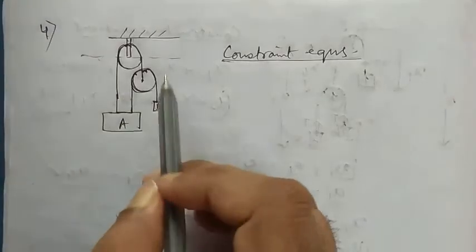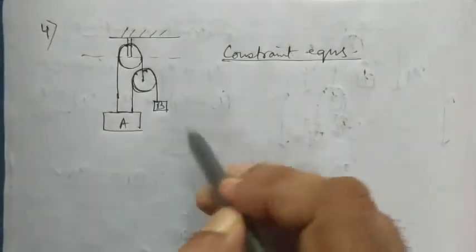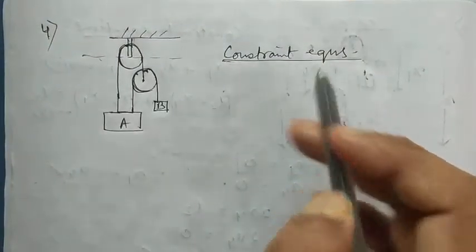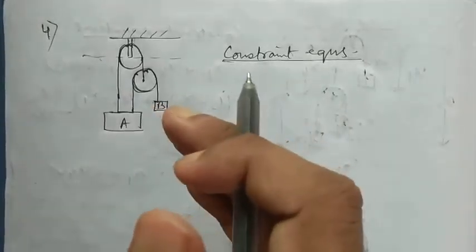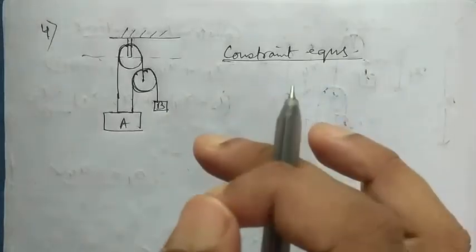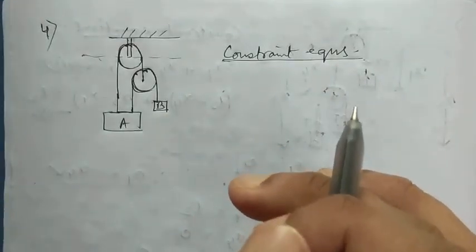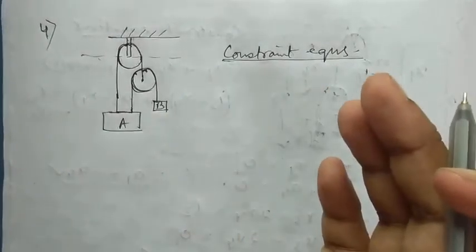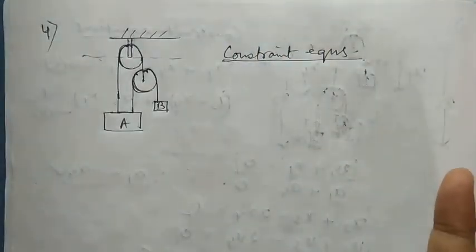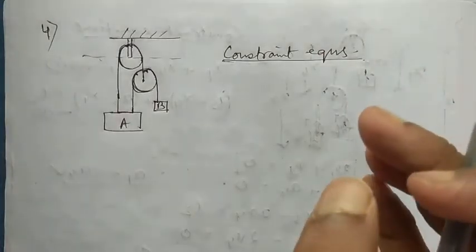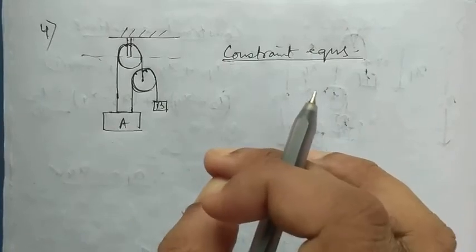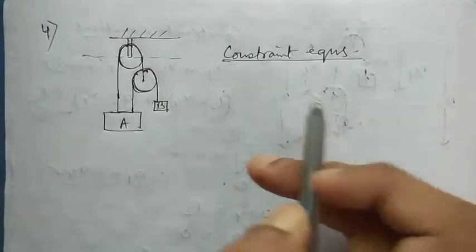Now we're going to start with the fourth problem. This is the last case in which I am going to write the constraint equations. After this problem, we will try to solve the problems using the tension work method, because more complex problems will lead to bigger constraint equations that will be very difficult to handle. So we will tackle the complex situations using the tension work method.